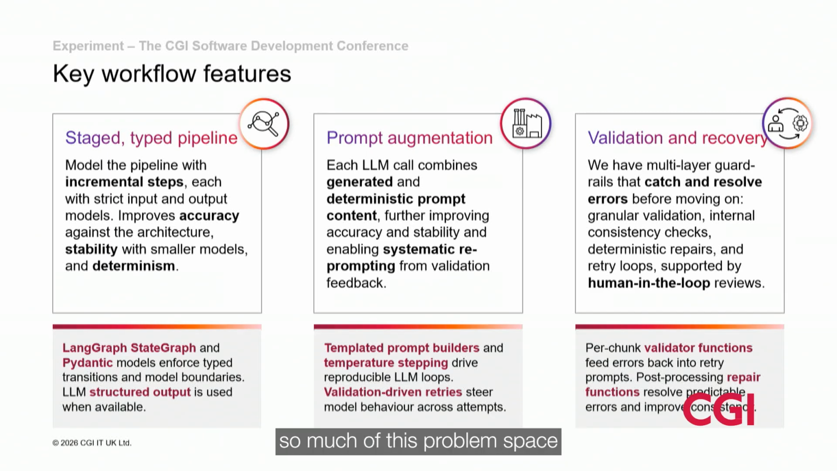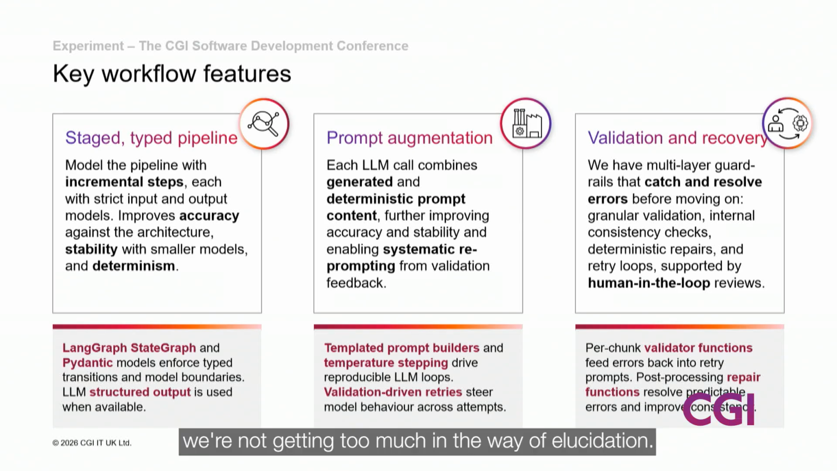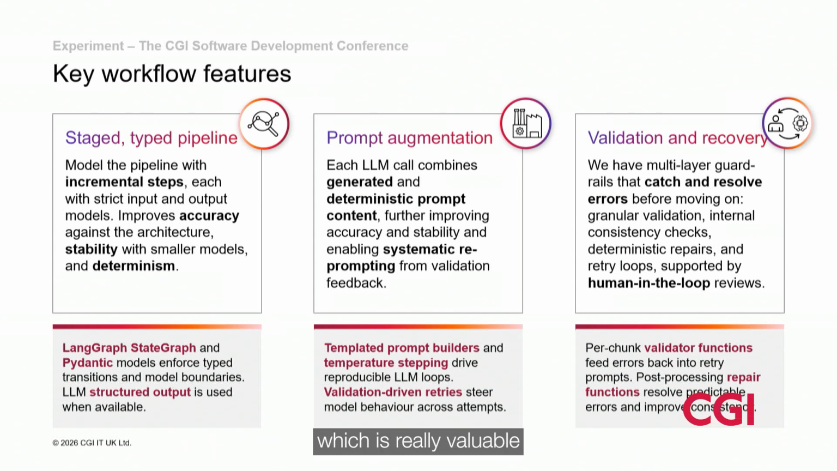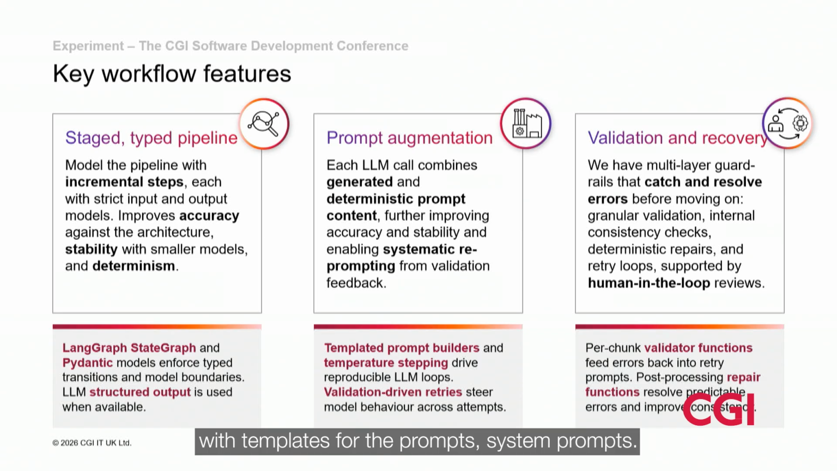We've constrained so much of this problem space in terms of the output and the validation around it that we're not getting too much in the way of hallucination. We get the same or very similar results out every time, which is really valuable because it means you can trust it more. We're doing this through a combination of sequential LLM calls with templates for the prompts, system prompts,